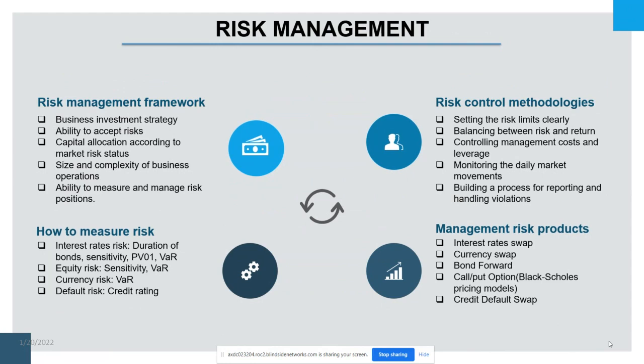So in order to reach the framework of risk management, there should be different tools to measure the risk through the interest rate. We can see the duration of the bond, depending on the sensitivity, become the value at risk. For example, like the full risk, we can also, based on the credit rating of some association, define the right level of credit when the fund decides to trade with some corporate bond, or through cross-border management. Based on the methodology of risk control, we can define and set the risk limit,